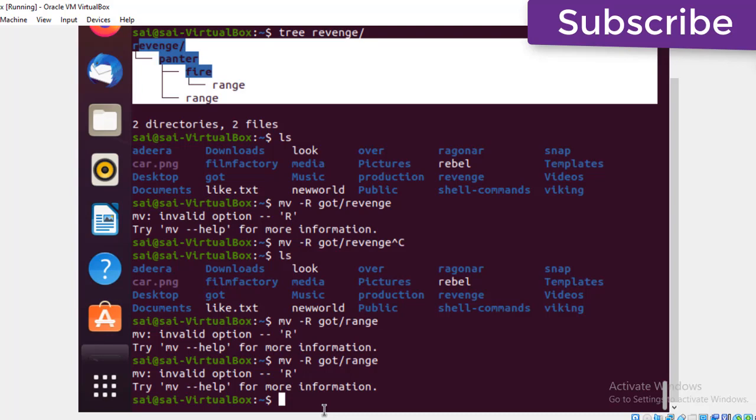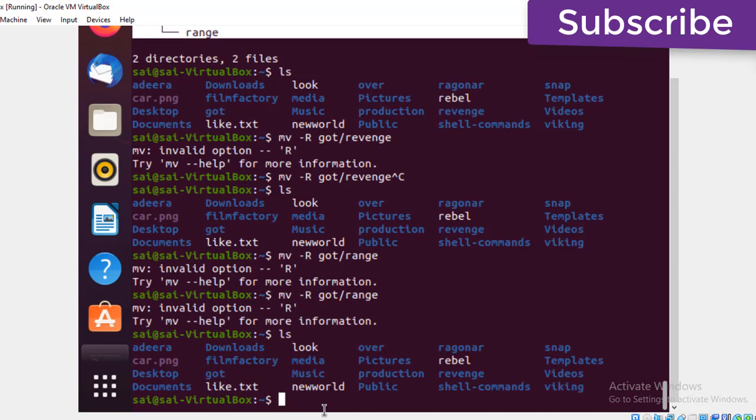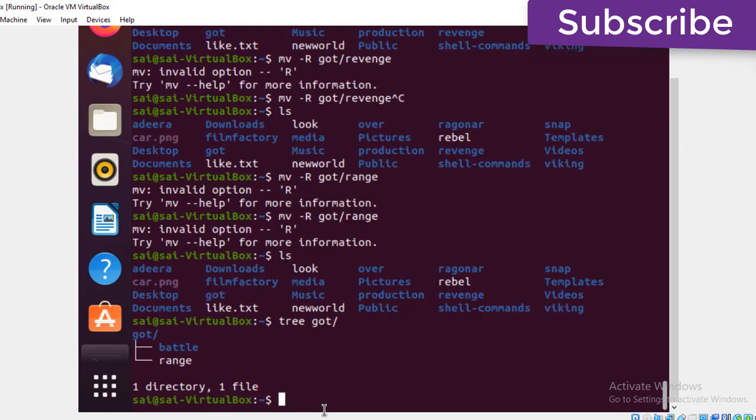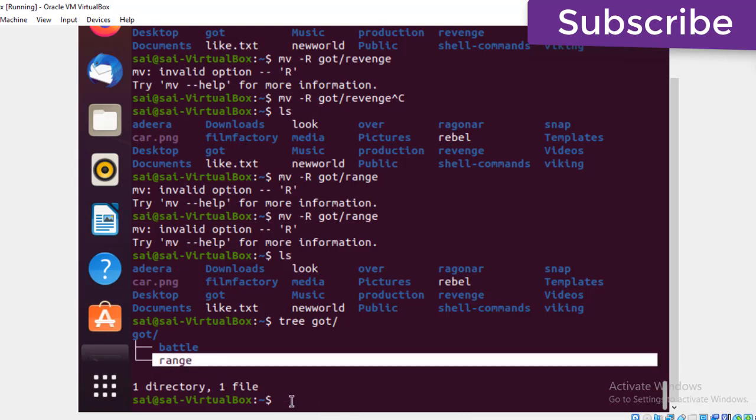Now I'm going to rename a file. I'll show you the tree path of GOT. Now I'm going to change this range file name, right? I'm using the same mv command for rename also.